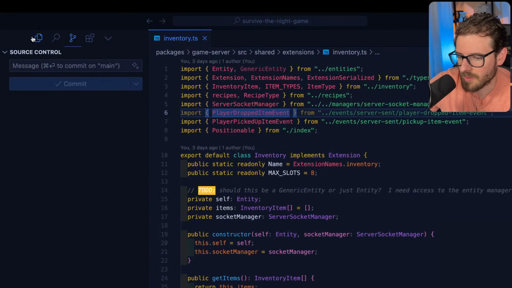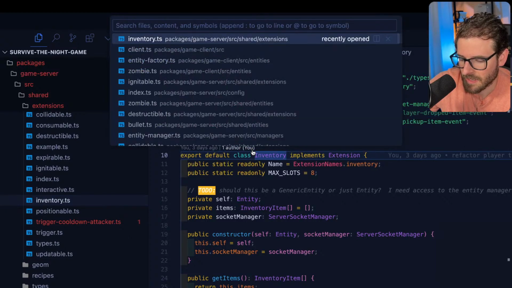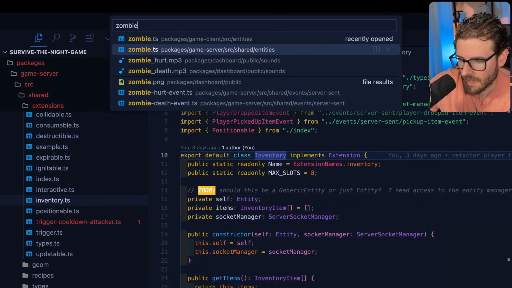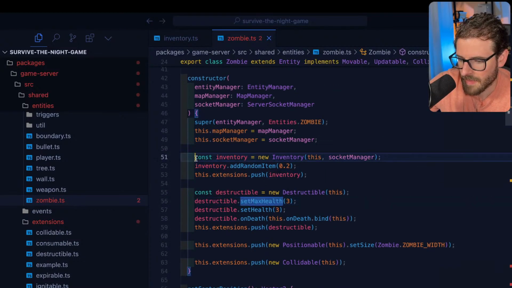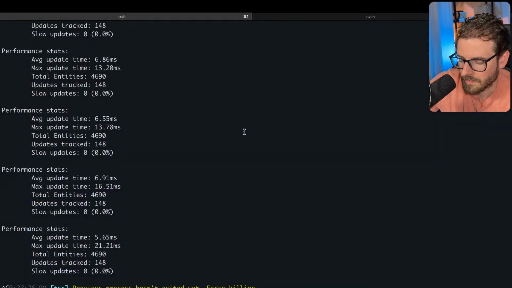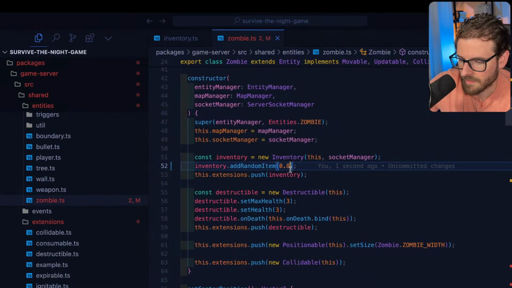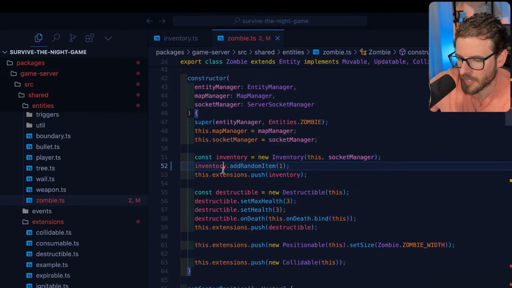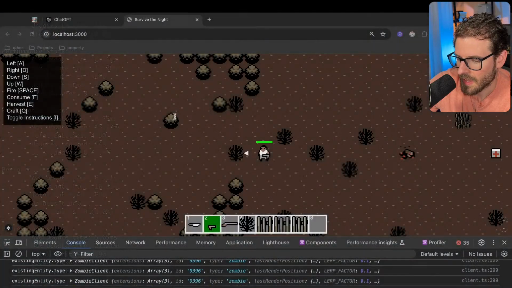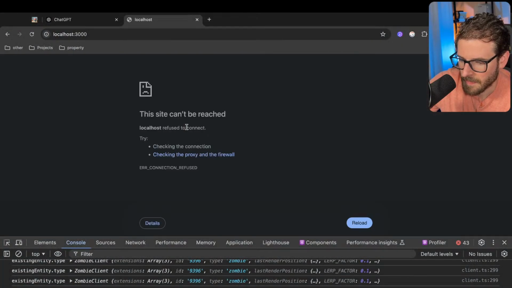And all I did was I took this same extension, like if I go to the zombie again, and find inventory, I just basically say, hey, make an inventory extension, push a random item into it, and then when the zombie's killed, it just drops an item from its inventory. So let me bump this up to like 1. Let me show you. This is actually pretty cool. So I had to add 3 lines of code to the zombie class, and then when I kill the zombie,